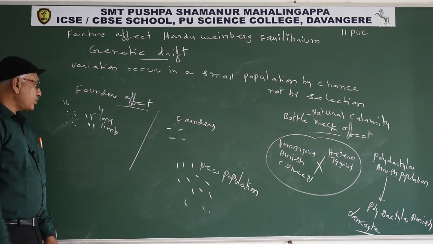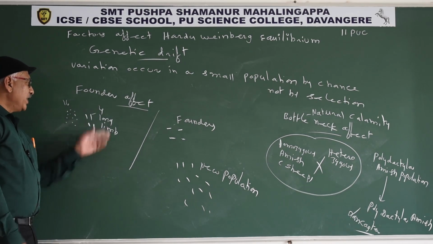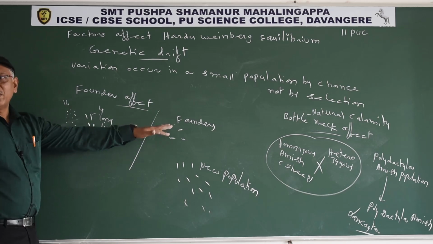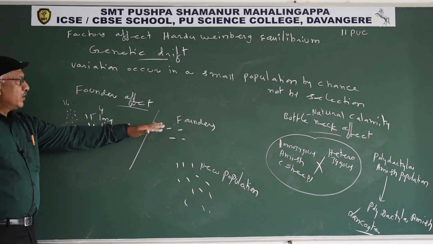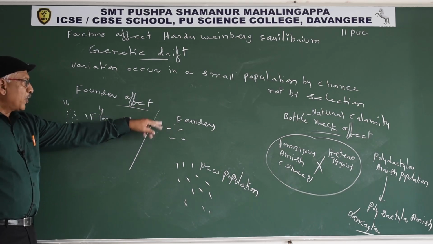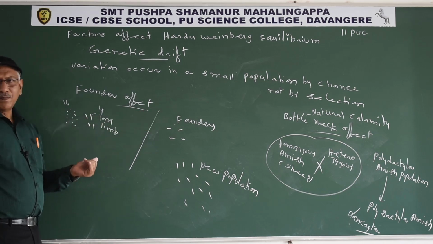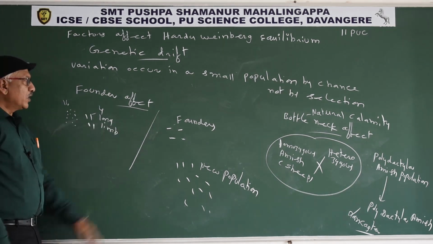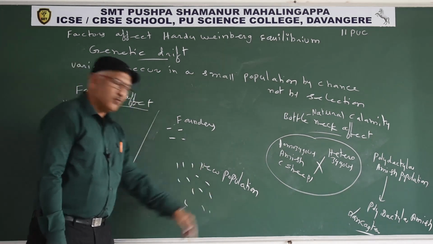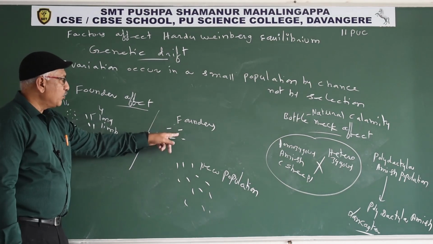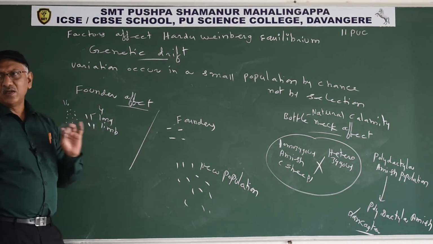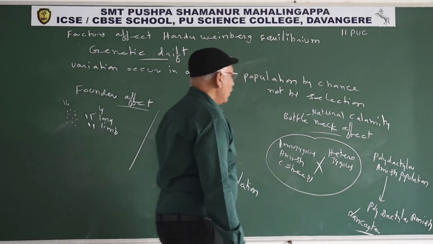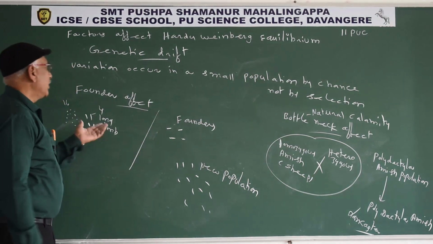Founder effect, a small genetically varied group drifted from the original population, move away from the original population. Now the drifted population is geographically separated from the original population. The drifted population known as the founders. From the founders, a new population evolved. The new population resemble like founders, not the original population. Next one, bottleneck effect. So for example is